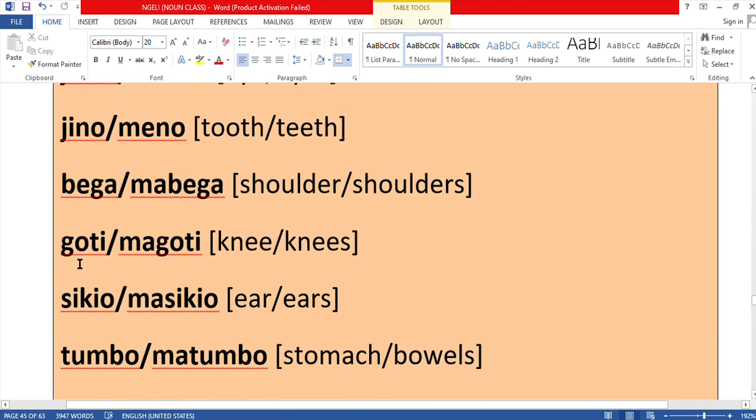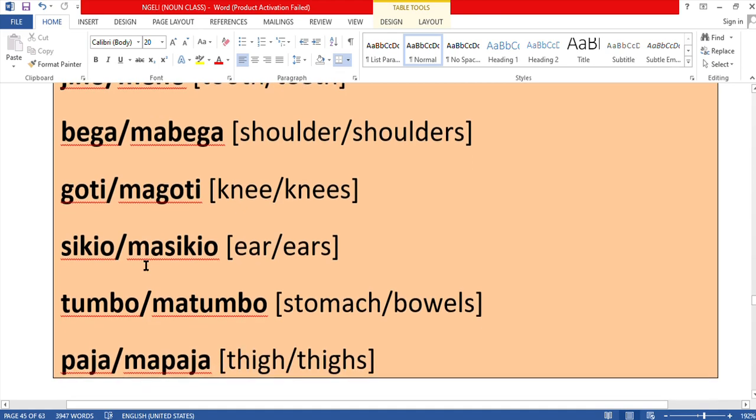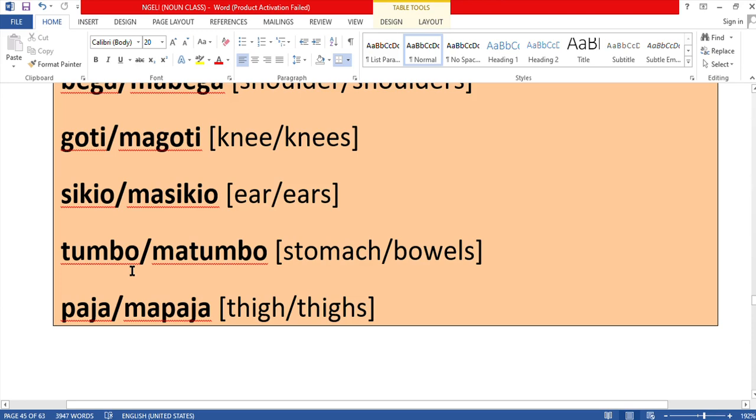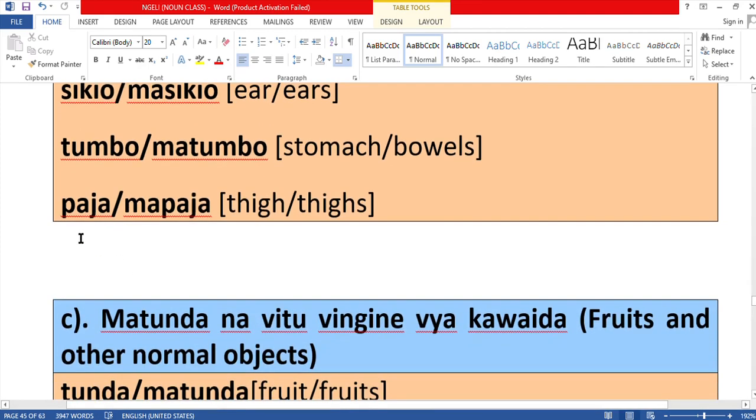Goti, magoti. Tumbo, matumbo. Paja, mapaja. So if you have a pronunciation problem, you may pronounce this paja as